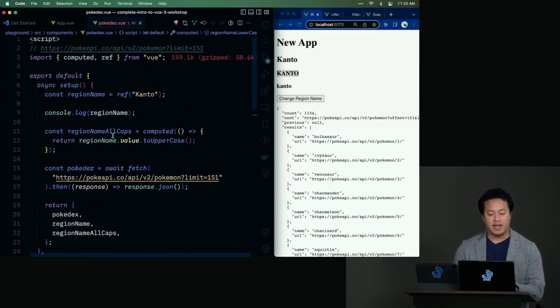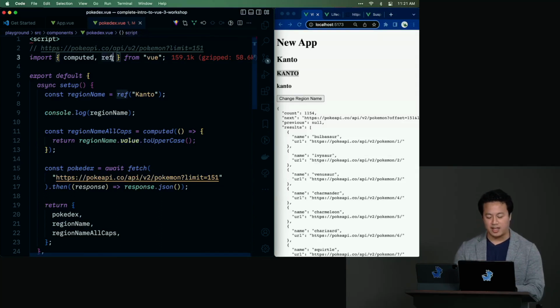We do have to remember that when you're working in vanilla JavaScript, it is important to be able to tell when something is Vue and when something is not. So if we think about const region name, the fact that you actually have to unpack the value does signify to people working with this particular value that it's already attached to Vue reactivity. That said, I wanted to give you the pros of how people see that, because a lot of people do like ref. But in the event you're like, I really don't like ref,